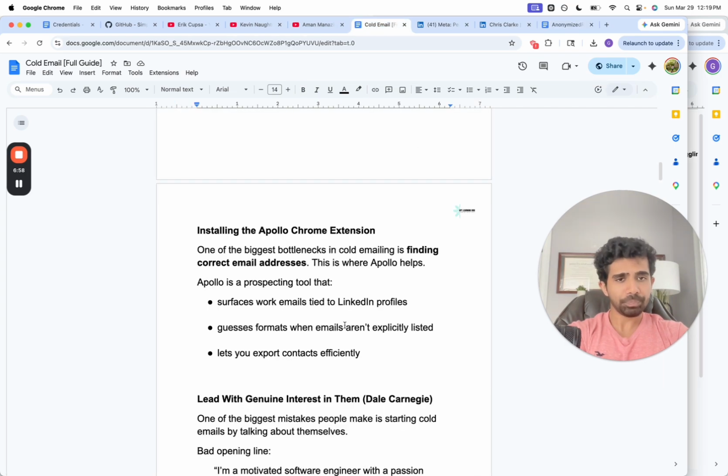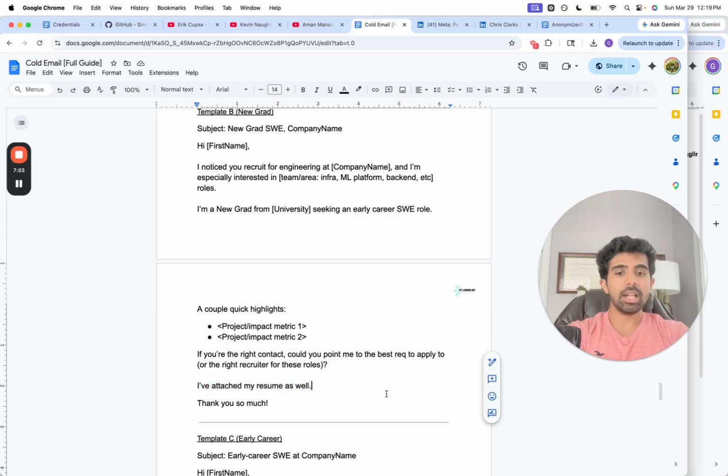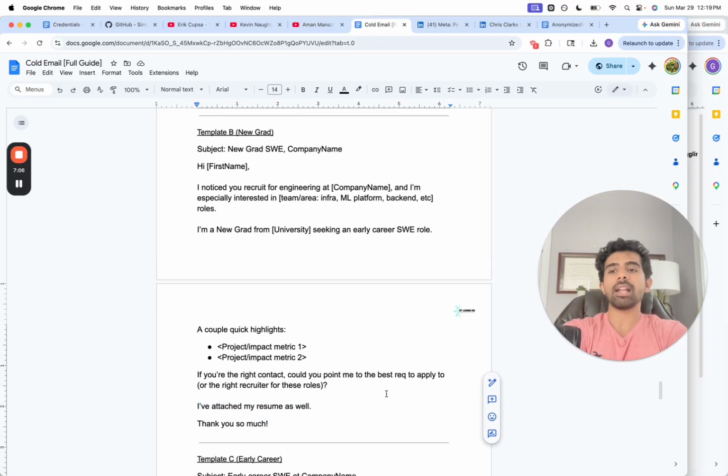Because if you think about it here, in the template, we're saying something like, I'm attaching my resume as well as a PDF. And the recruiter is going to take a quick look through that, and the recruiter is going to decide whether or not to give you an interview based on that 5 to 10 second skim of your resume, right? Think about it this way. What cold email does is it gets us in front of the right person. We basically shove our resume in their face and they're like, hey, in 10 seconds, do you think I'm a good fit for an interview or not? And so cold email is only going to work if your resume is super, super iced out. If your resume is bad, you're not going to have any kind of success with cold email. You have to optimize your resume first before you even try cold email.